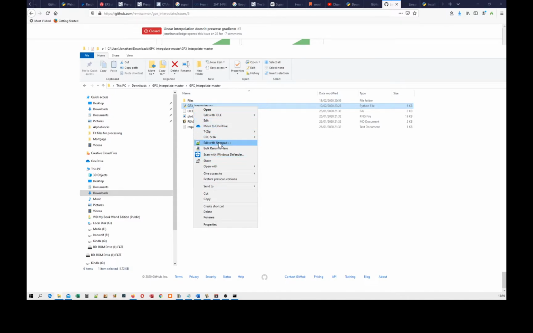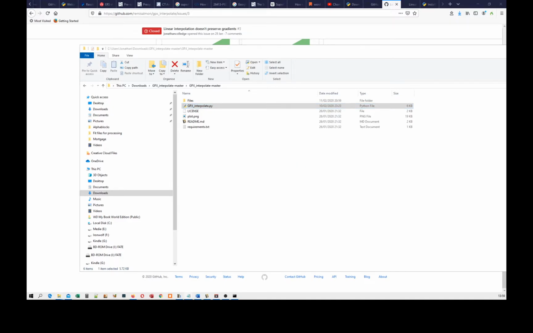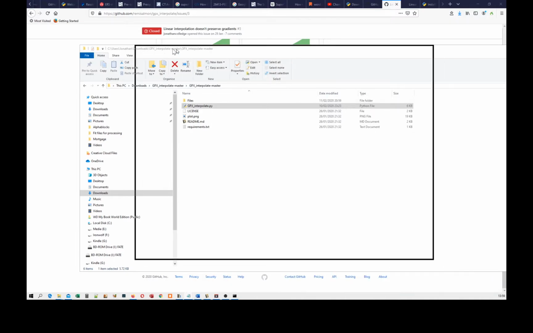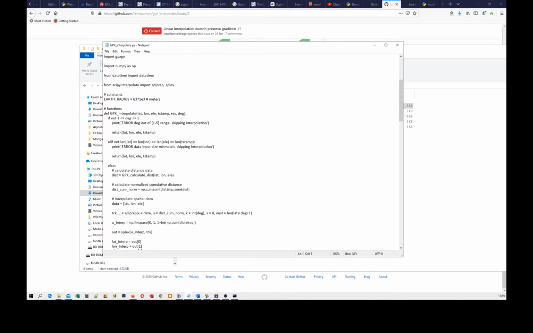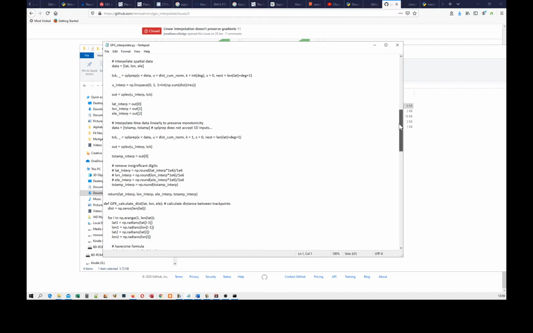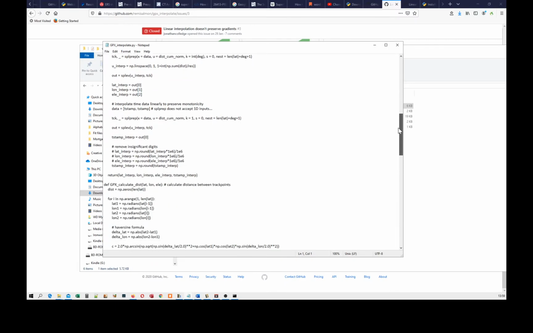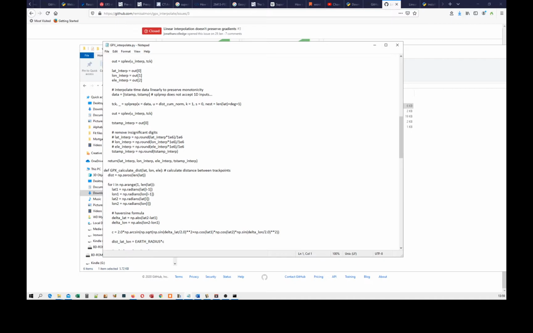I've actually got Notepad++. It's free. Notepad++ is amazing, but let's just open with Notepad, and let's have a look down. We'll come down to